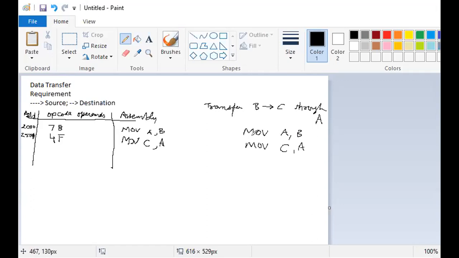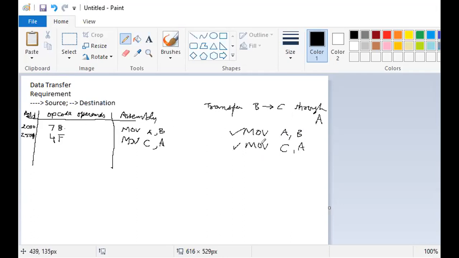But when you have to program the 8085, this won't work. We have to convert these instructions into their equivalent machine codes. We know the equivalent machine code for this instruction is 78.